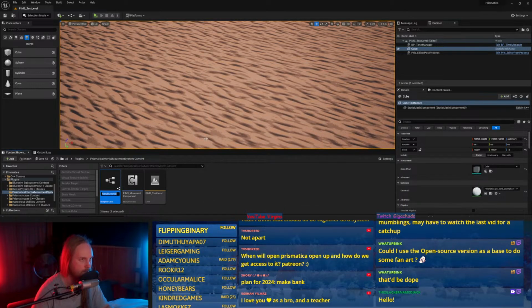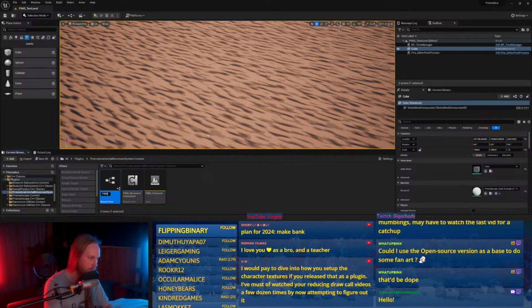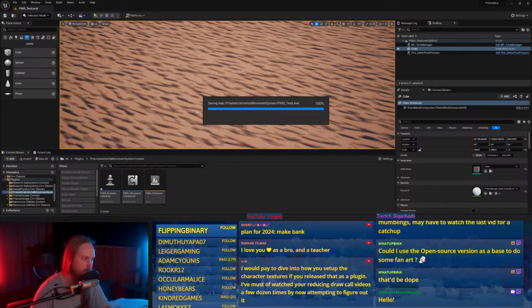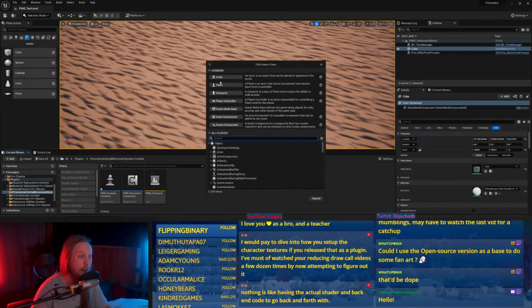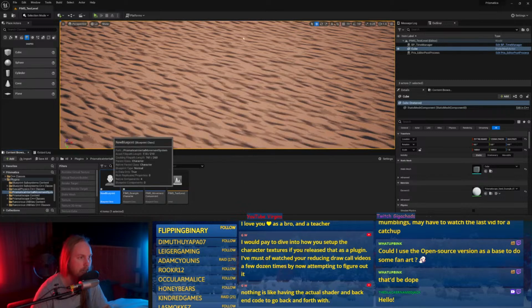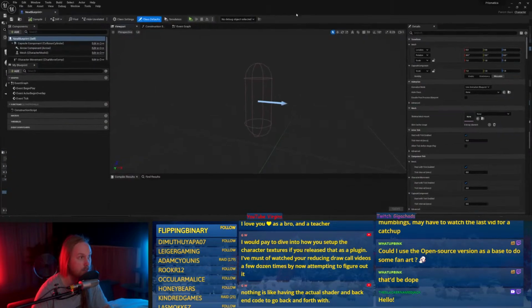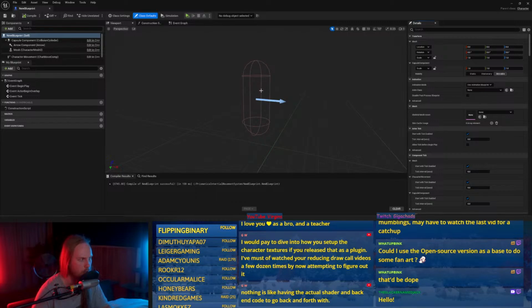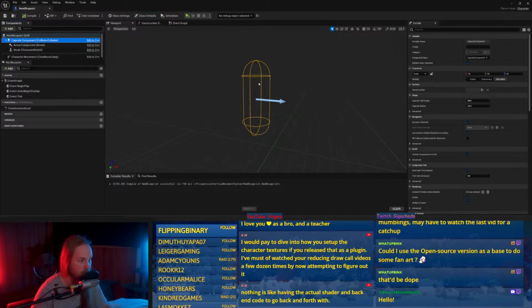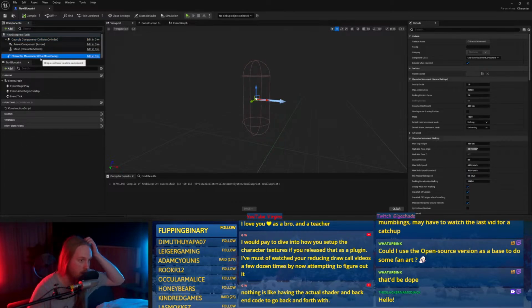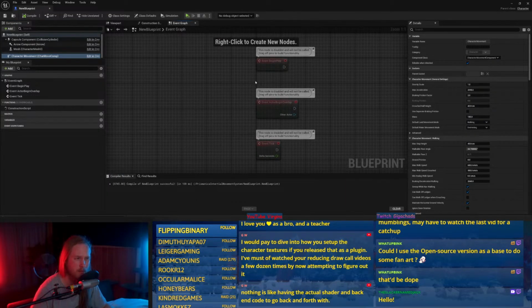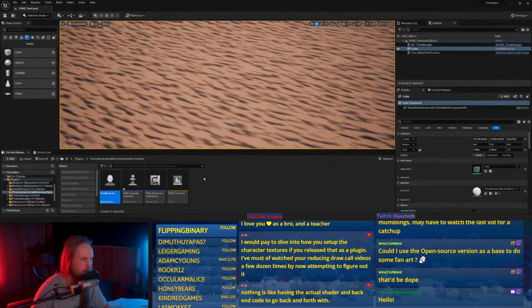Right. Yeah, we'll call this Pim's example character. I could make it as a character, but a character already has everything. It's got its own movement capsule, which I can't delete because it's in the C++ class. Same with the character movement component. I could disable them on begin play, but there's no point. So, yeah.